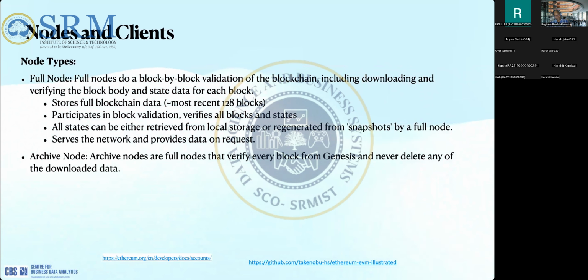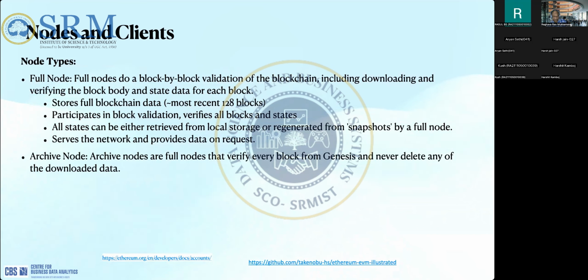But let's say you have a transaction which is pointing to a very, very old block, then they can get the information and things like that. And they participate in the block validation, so they verify all the blocks and also the transactions. All states are either received from the local storage or regenerated from the snapshots of the full node. So again, as I mentioned before, as part of the validation, they take each transaction and re-execute it to reach a new state, right?